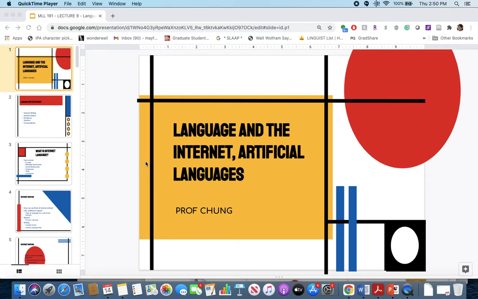Looking at language on the internet, looking at artificial languages. This is always a very interesting topic just because we are seeing language on the internet kind of evolve around our very eyes. So we're able to see language change based on how it's categorized. And the internet provides a fascinating repository of all of the types of language change that we have because everything is written or it's recorded and it's cataloged in this kind of linear format. So we'll be talking about that.